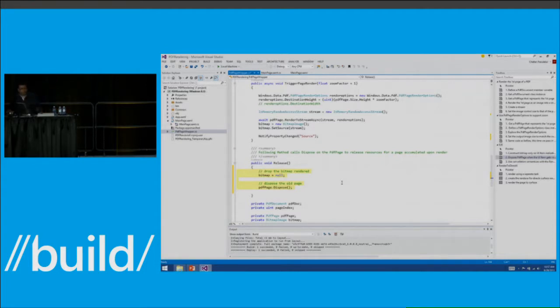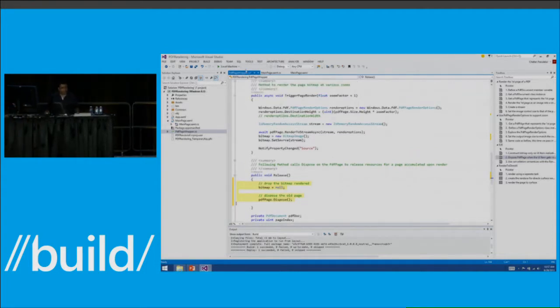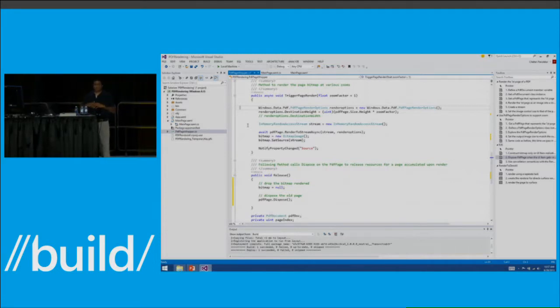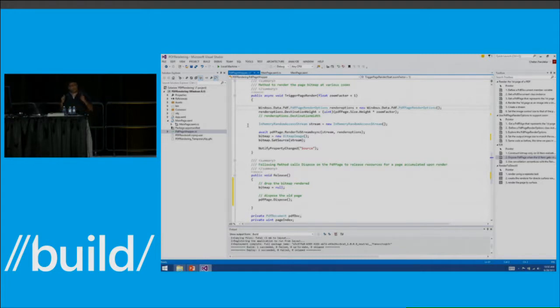So the other thing I'm going to do is that in the trigger page render, I know that this function will get called when the user zooms in and is requesting a page at a different zoom level. So if there are any outstanding render requests on this particular page, it's a fine time to go ahead and cancel those.